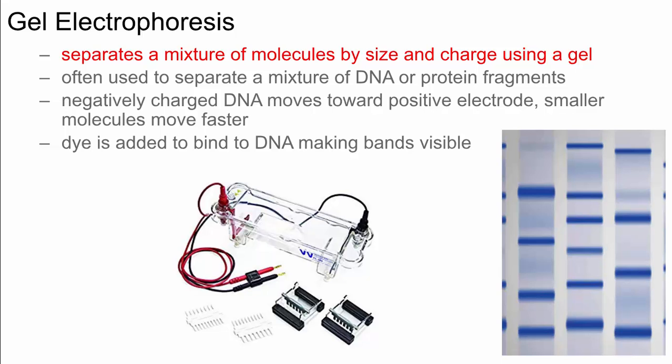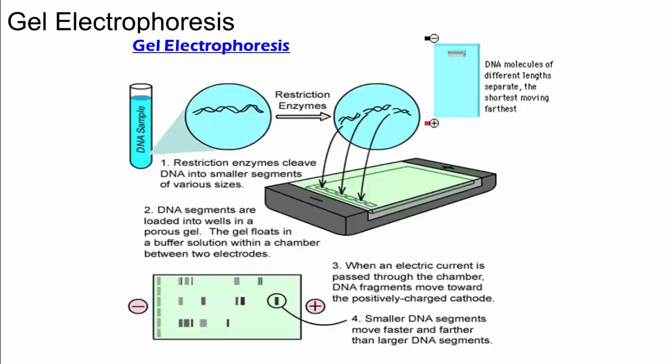So the way you do this is a little gel tray. You pour a liquid gel into this tray to give it its shape. The gel solidifies. It's like Jell-O, but it's clear. And then you take that gel that has these indentations. They're called wells, and you put a sample of DNA in the wells. You plug in these electrodes, and it runs electricity through a solution in here, and the DNA starts to migrate